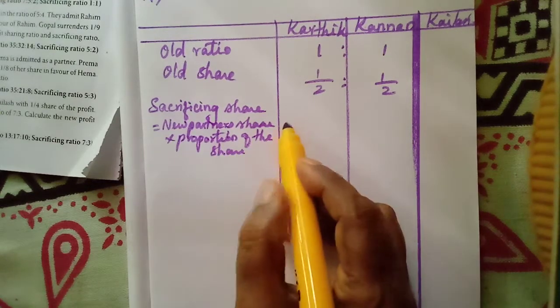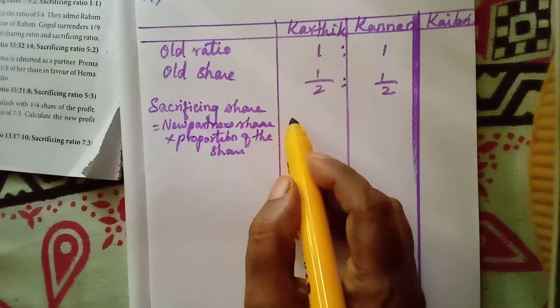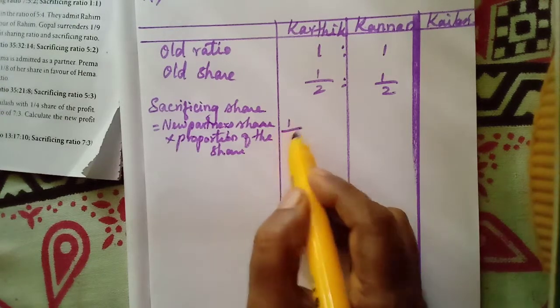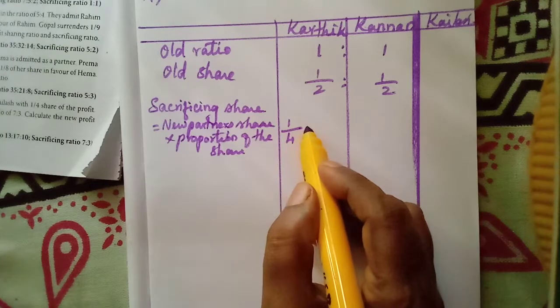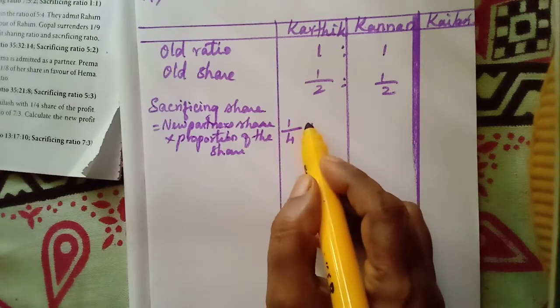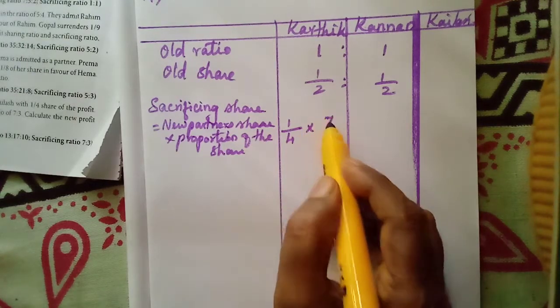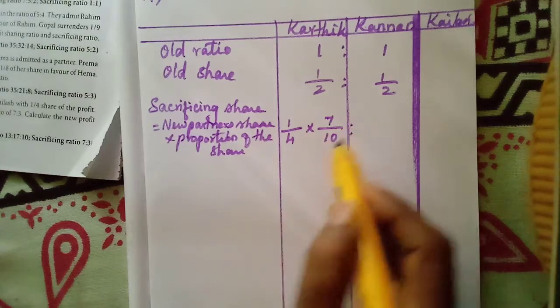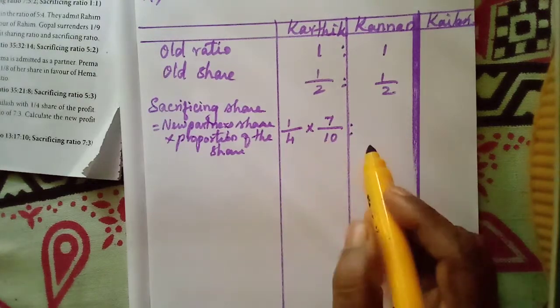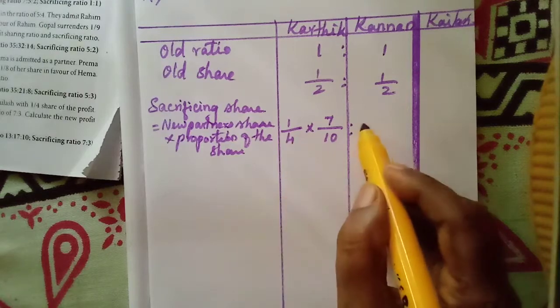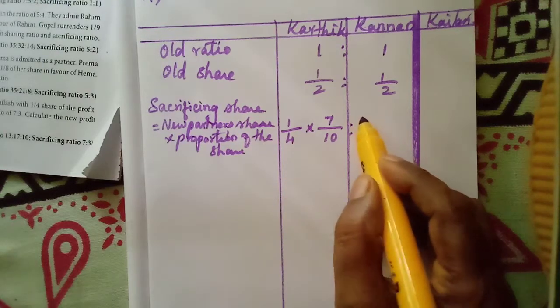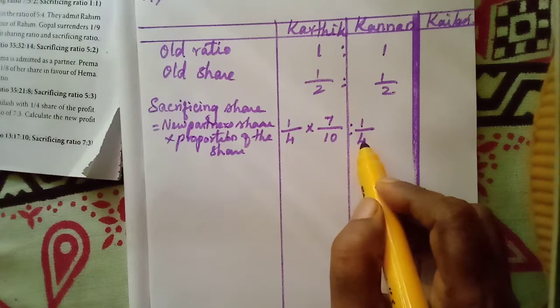New partner share 1 by 4, isn't it? Into what is the ratio? 7 by 10. In this one only they are sharing 7 by 10 and 3 by 10 of his new share. Here 1 by 4